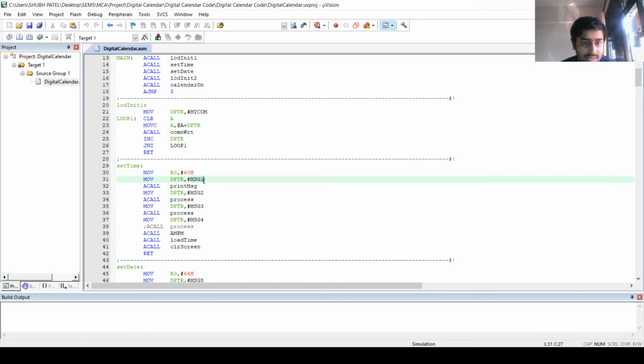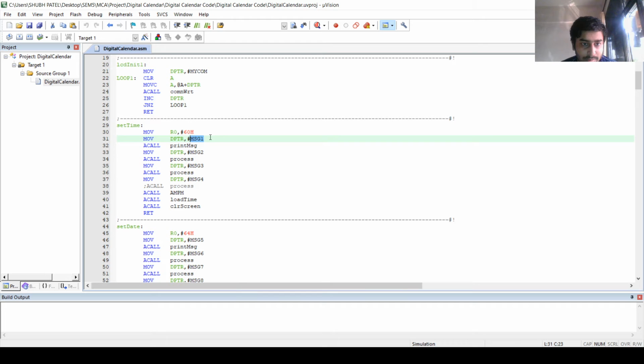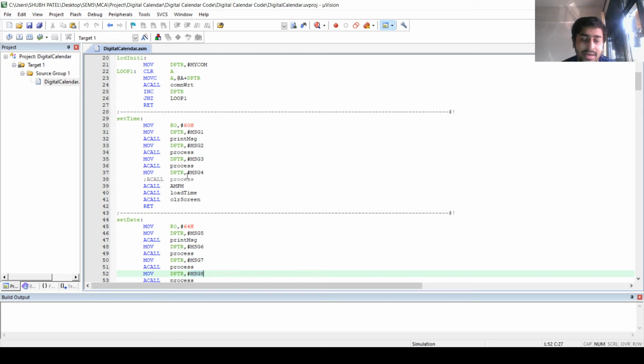Firstly, I have loaded these messages into the DPTR and then using this function I have printed them onto the LCD module. I have used messages 1, 2, 3, 4, 5, 6, 7 and 8. These are the messages that will be displayed on the LCD display. So let's see what these messages are.